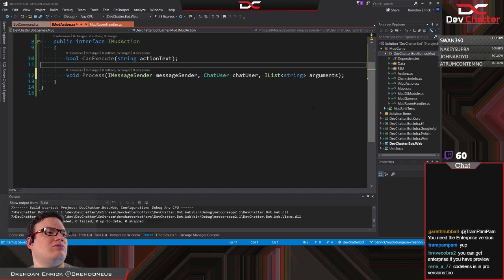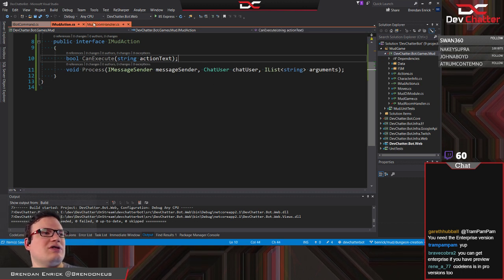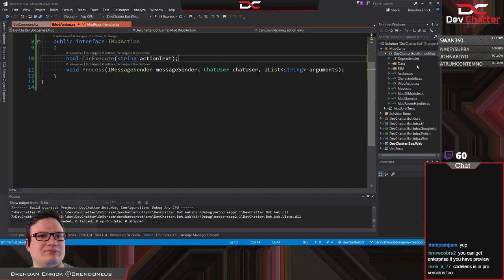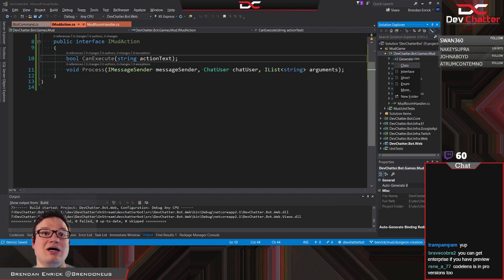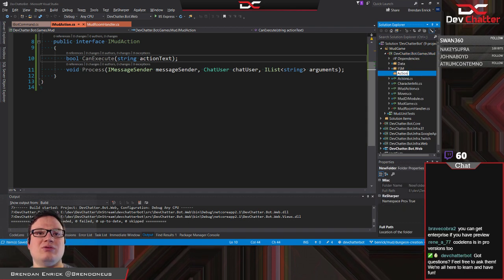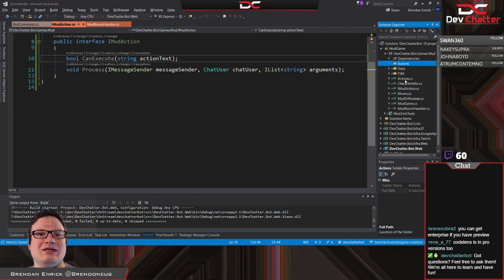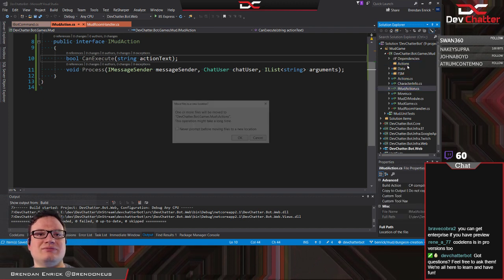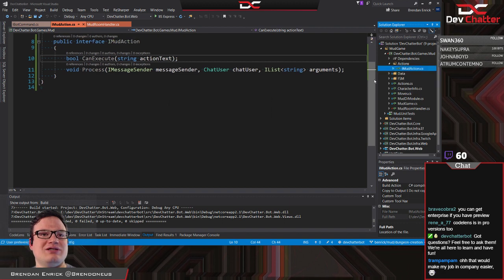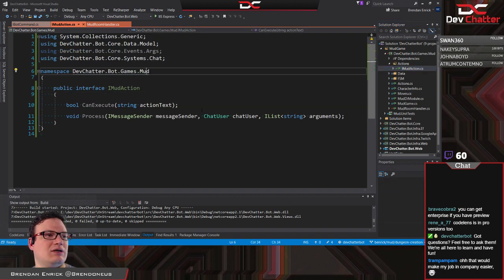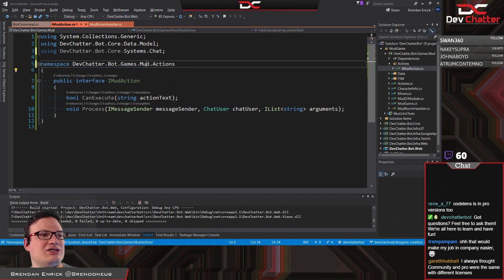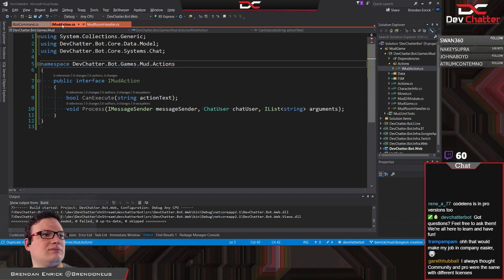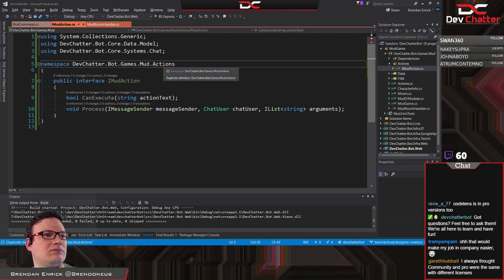Okay, so process and execute. Those are going to be our two things. I'm going to make a folder now that we're going to call actions. I'm going to move that to a new spot. This is going to get the actions namespace. Wait, what?